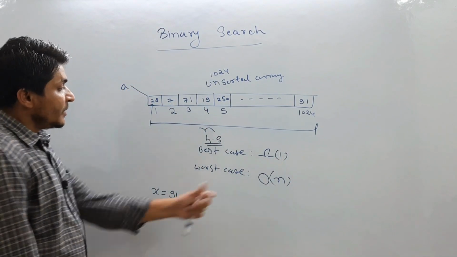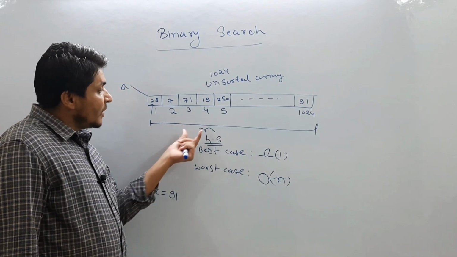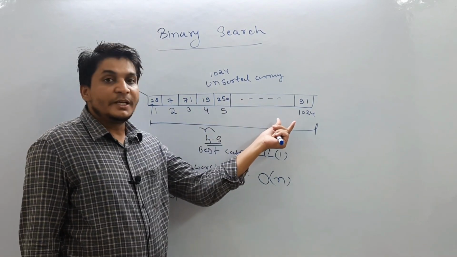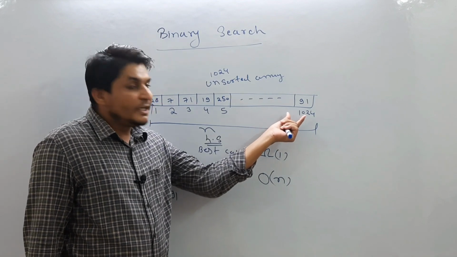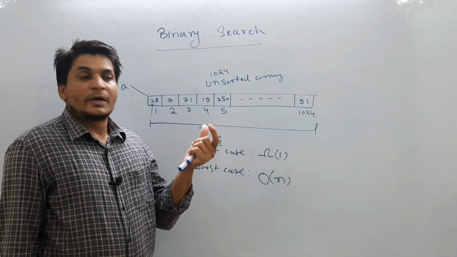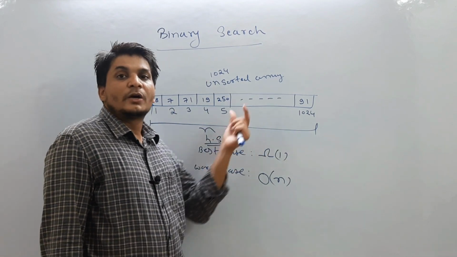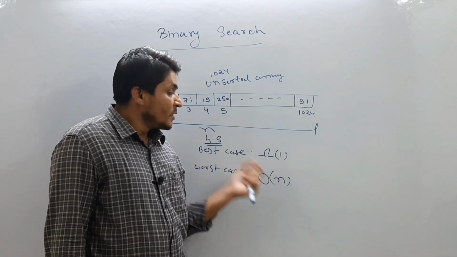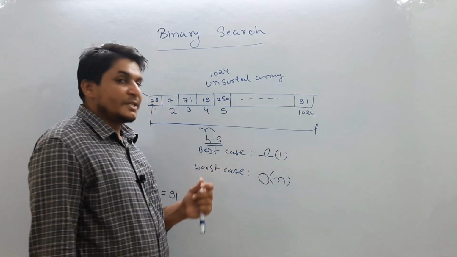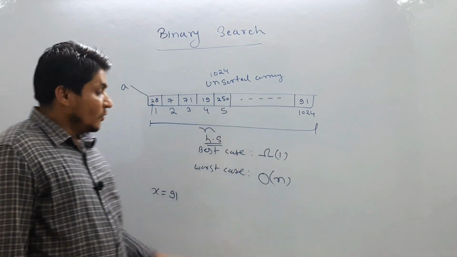So this is the problem in linear search. How many comparisons do we have to make? In the worst case, we have to make comparisons based on the size of the array. Let's suppose in this array 1 crore elements are there. Then how many comparisons do I have to make? I have to make 1 crore comparisons in this case. So that is the problem in the worst case. I have to compare with every element, then I will be able to find my search value.